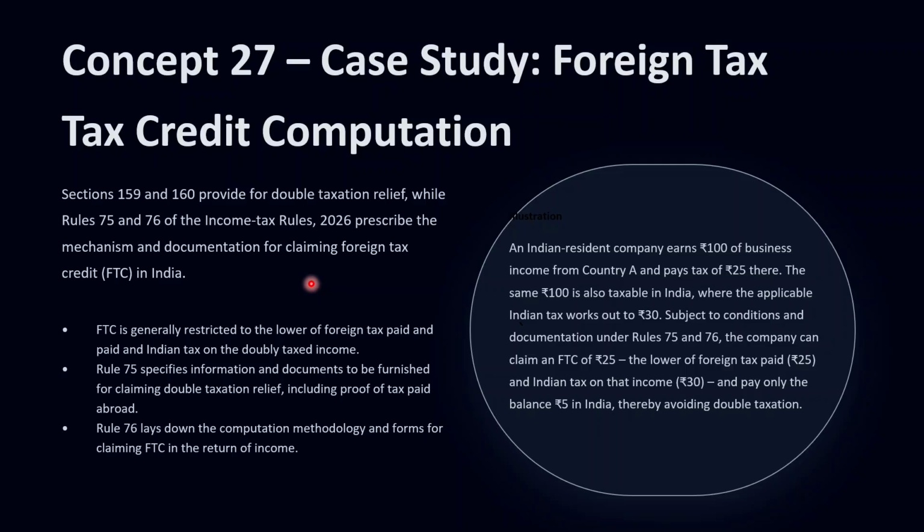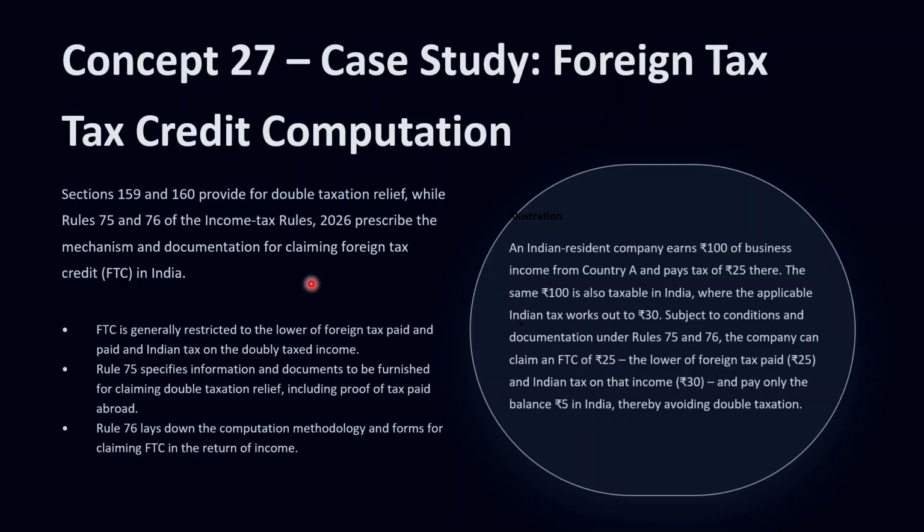So the computational machinery and the documentation are in the Income Tax Rules 2026. Specifically, we have rule 75, which prescribes additional information and documents to be furnished for claiming relief. We have rule 76, which specifically lays down the conditions, the computation methodology and forms as well for